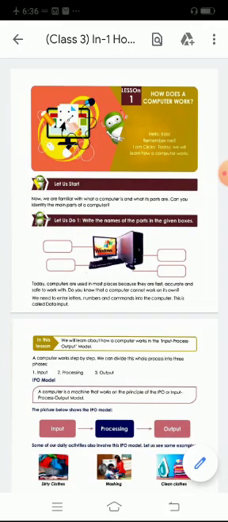You have studied something about computers in second standard also, isn't it? You know what is a computer and what are its parts and how many input devices are there, how many output devices are there. All these things you have studied in second standard. Now in this lesson, you are going to learn how does a computer work. How actually a computer works. That we are going to learn in this lesson.